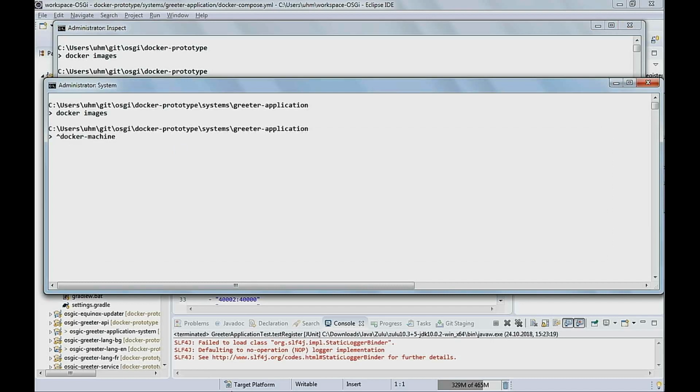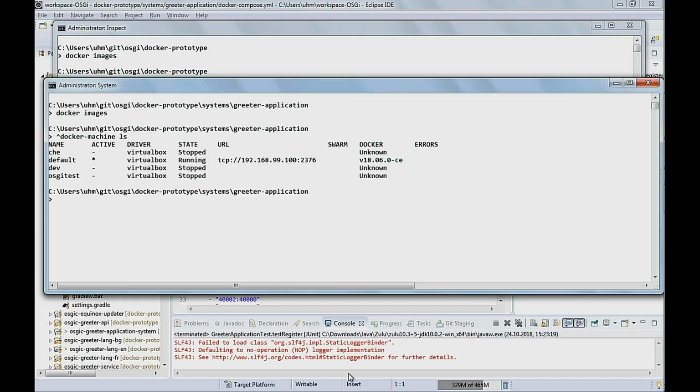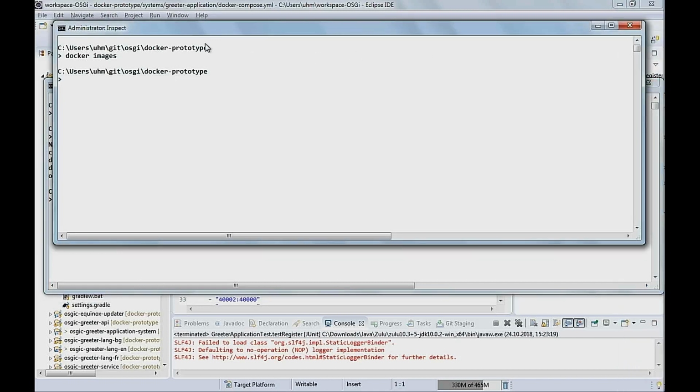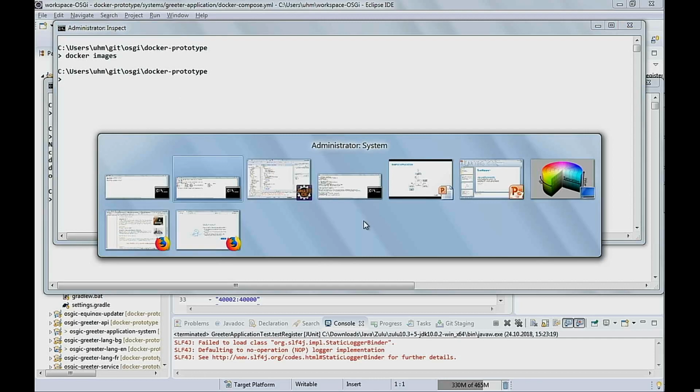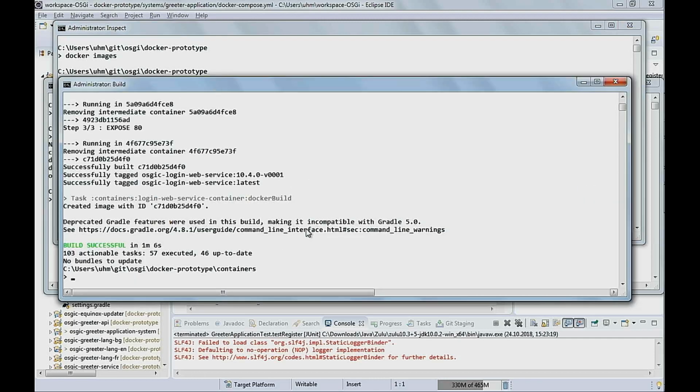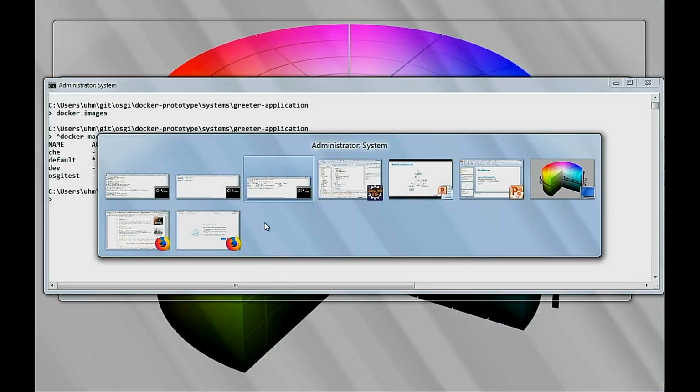Docker machine. Okay, so it's running, so that should be okay. I'm using Docker machine because I'm on a Windows system. I don't have any native Linux here. I'm on Windows 7, not on Windows 10. That's why I'm using VirtualBox as the virtual machine holding the Docker images. So I hope I'm not in trouble here with the Docker images, but I'll nevertheless try to stand up my